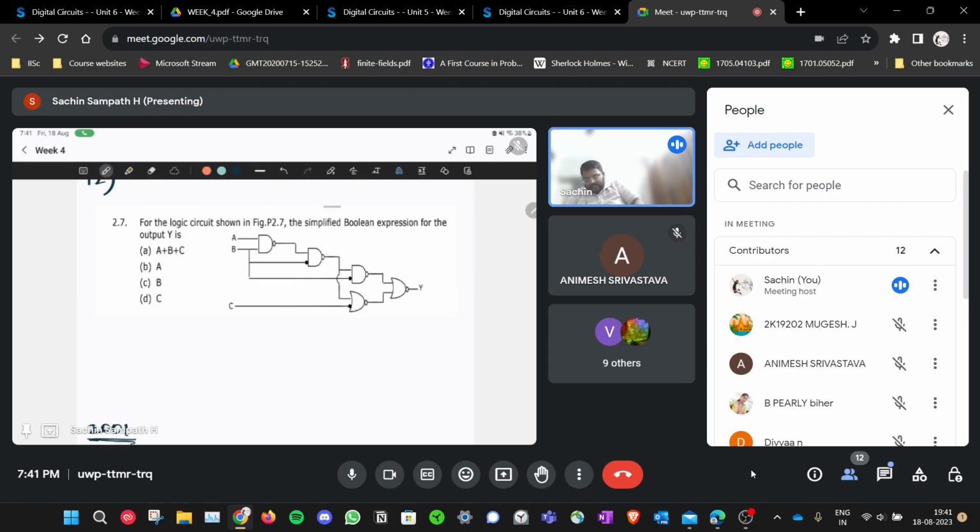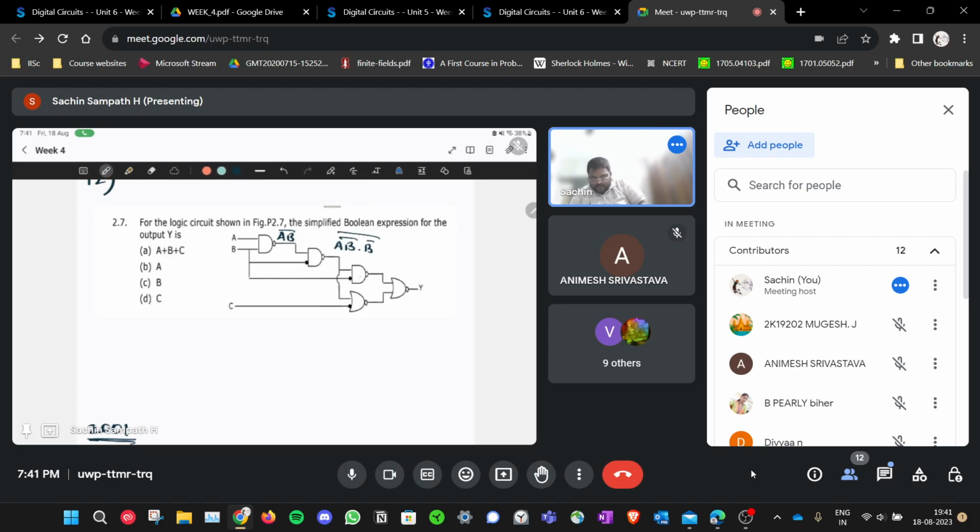They've asked for a simplified Boolean expression for the output. This is A B bar, and this bubble here represents a NOT operation. So the input to the NAND gate, you can think of it as B bar. So it's AB bar into B bar whole bar,